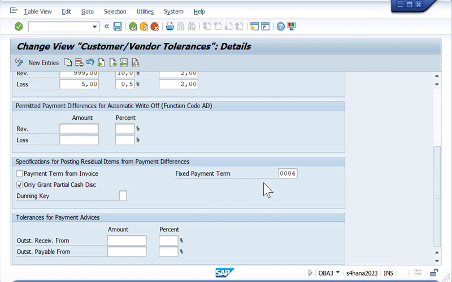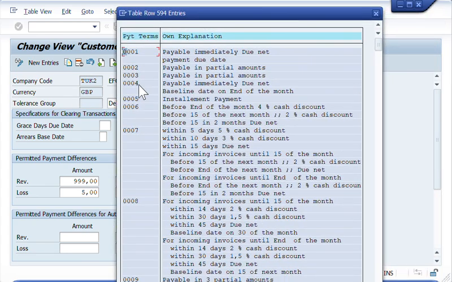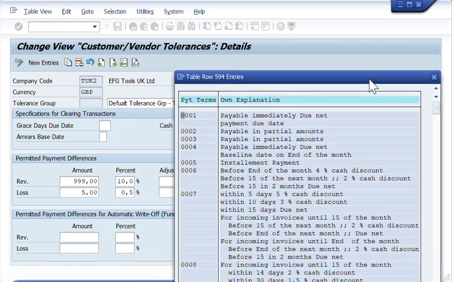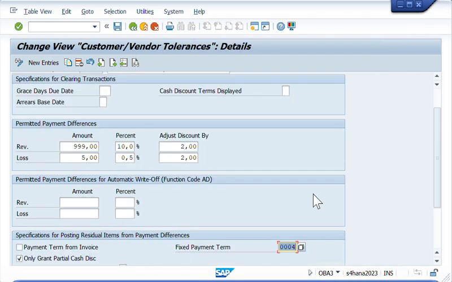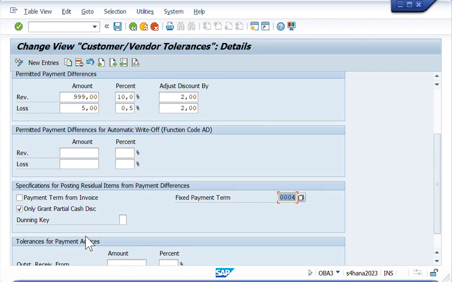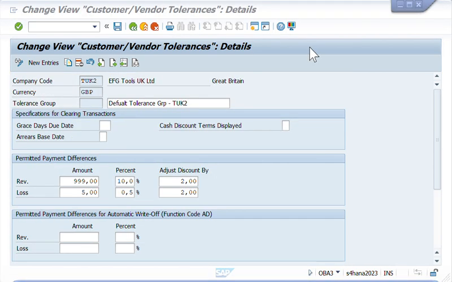And we will also retain the fixed payment term. And let's see. The payment term here is the payable immediately, due net, baseline date on end of the month. So later on, we can add more payment terms and update the vendor or customer tolerances. So here, for